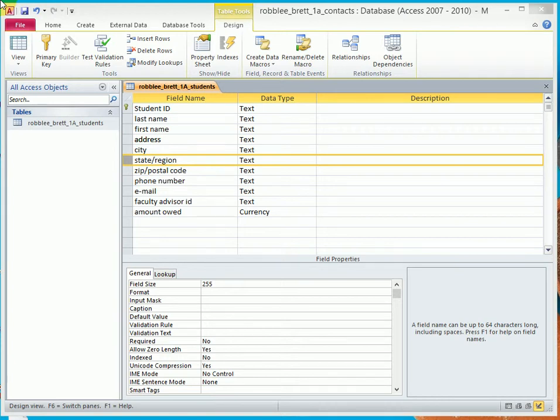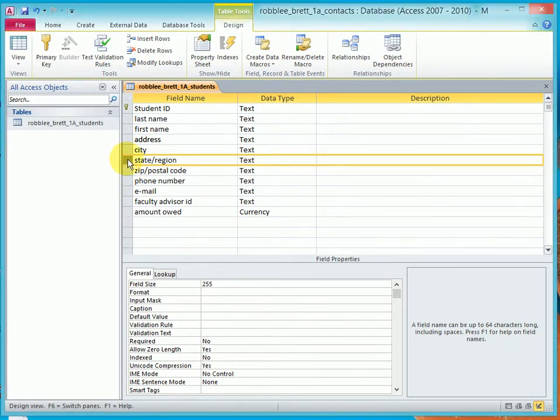In Activity 1.09, I'll demonstrate how to modify field sizes and add descriptions to fields within a table. Now, this operation doesn't change anything about the data unless it truncates it, and I'll explain that. So let's click on State Region, and notice that down in the field properties, it says the field size is